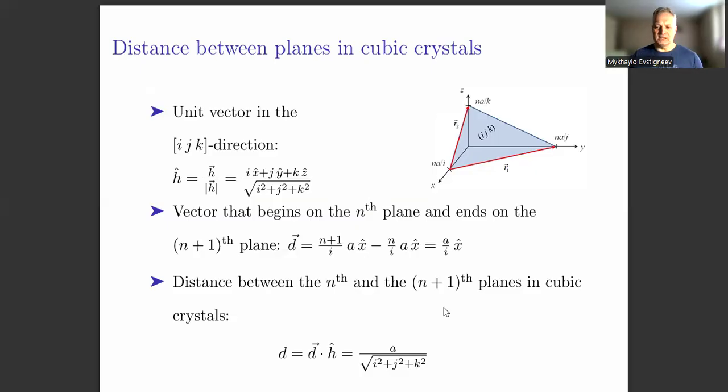Again, I would like to emphasize that this formula works only for cubic crystals. It doesn't work for all other